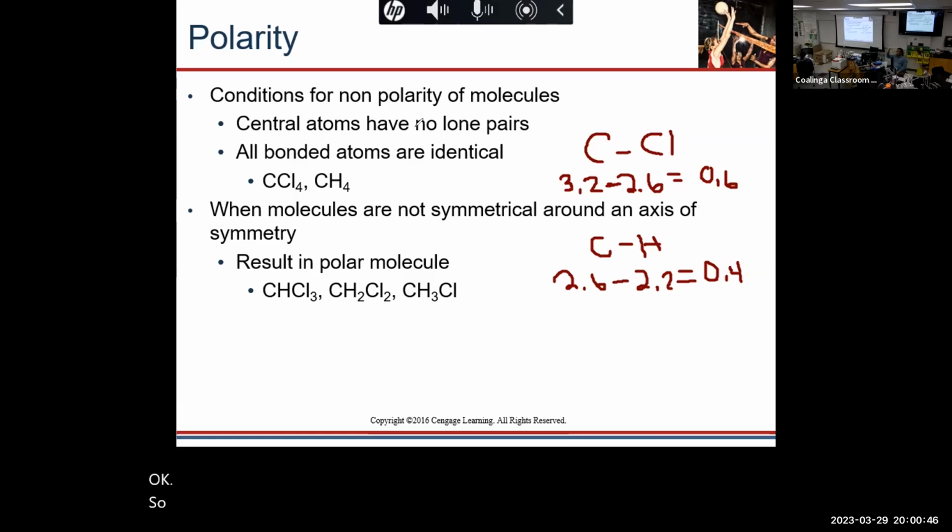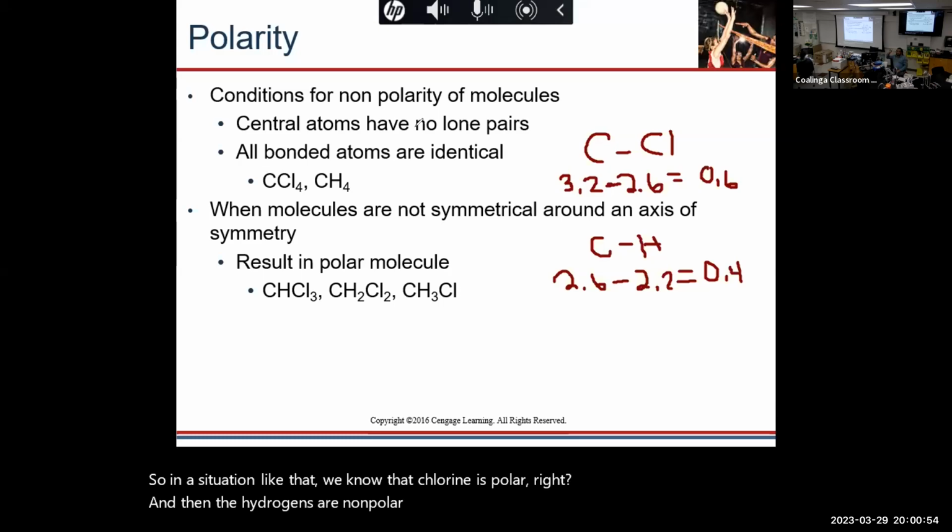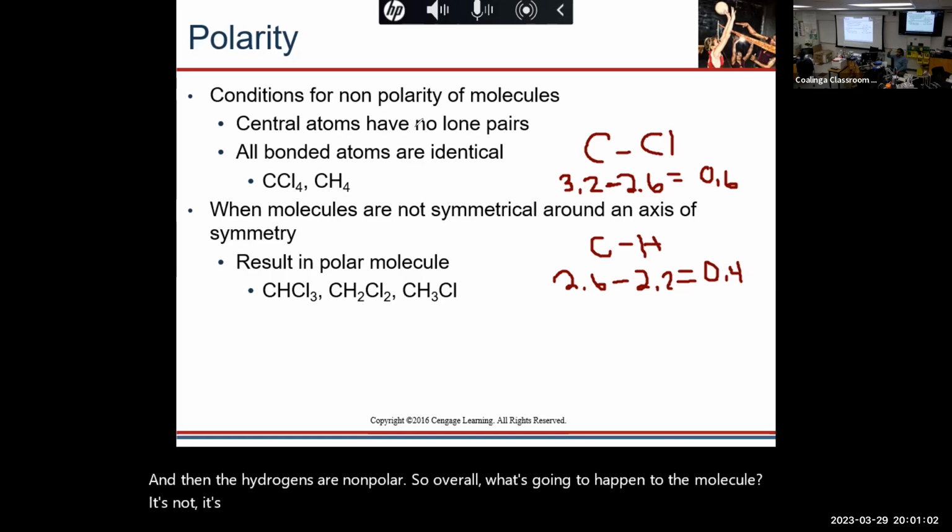In a situation like that, we know that chlorine is polar, right? And the hydrogens are non-polar. So overall, what's going to happen to the molecule? That's right, we're going to form a pole, right? Because in this case, what we're saying is,